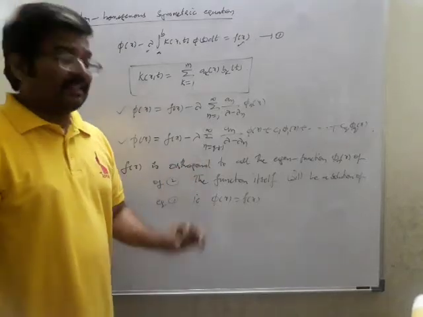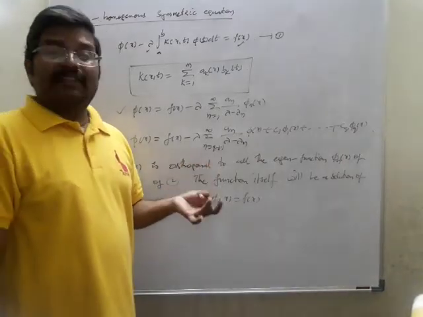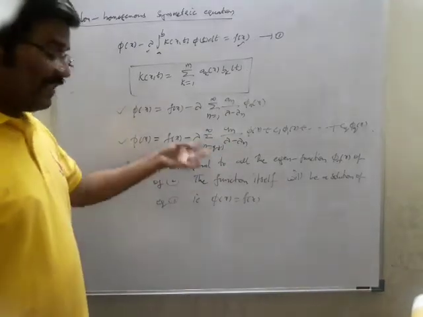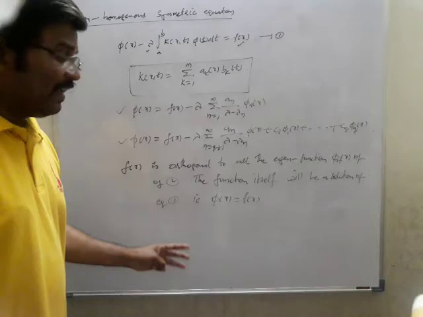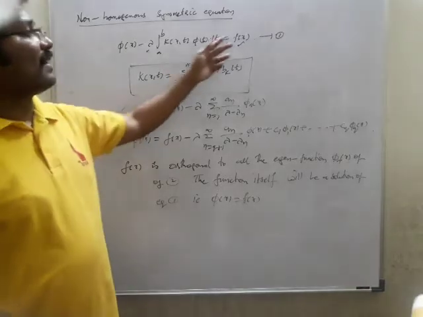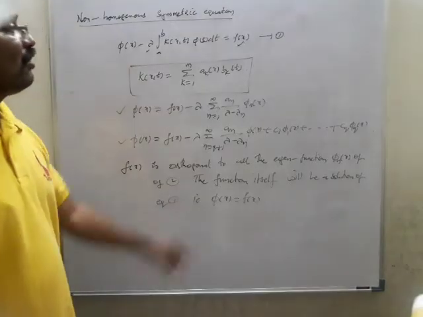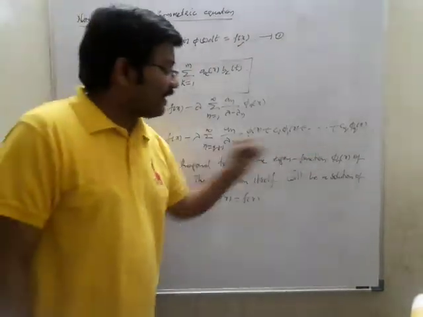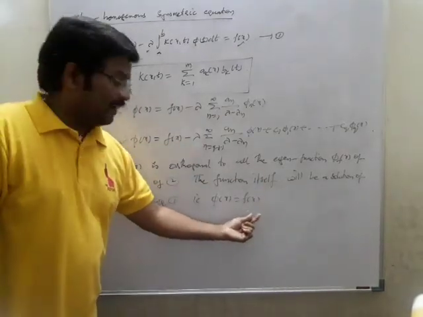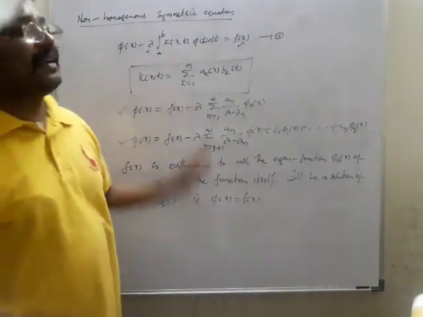These are the four different conditions. One is lambda does not coincide. The other one is lambda coincides. If lambda coincides, there will be no solution; if a solution exists, it should fulfill all q conditions. The third condition is that the degenerate kernel is given. Then two formulas we are going to use, and the right hand side of equation 1, it should be orthogonal to all the eigenfunctions phi n of x. If that is the case, then the solution will be phi of x is equal to f of x. This is how to solve the non-homogeneous symmetric equation.